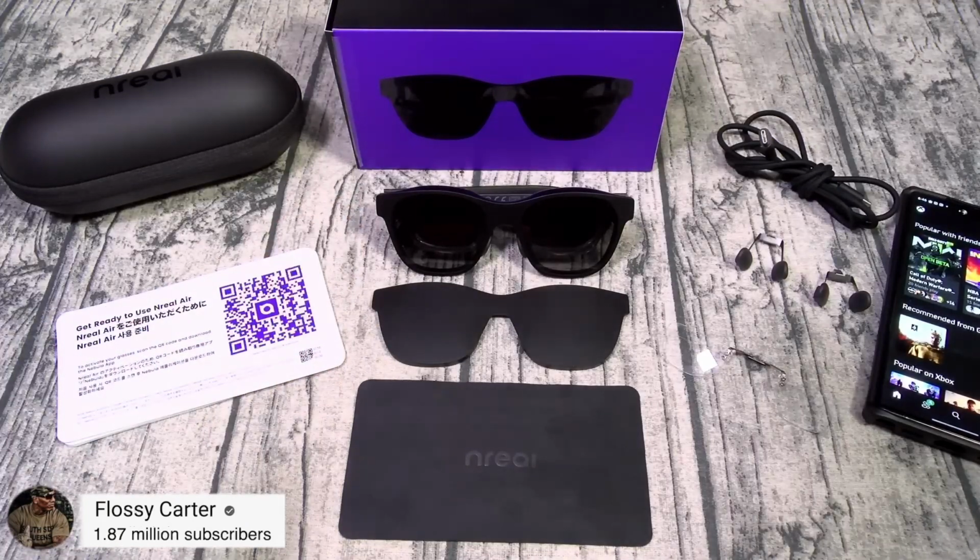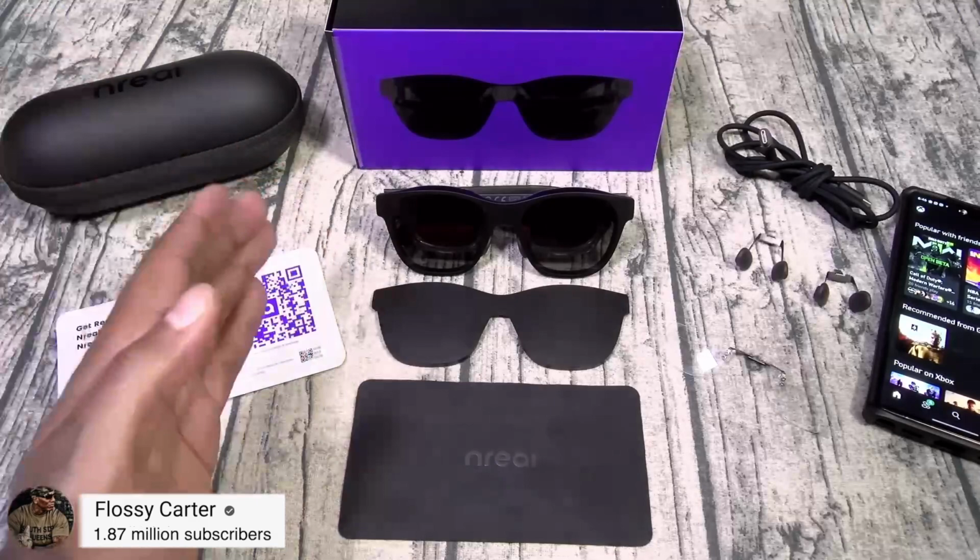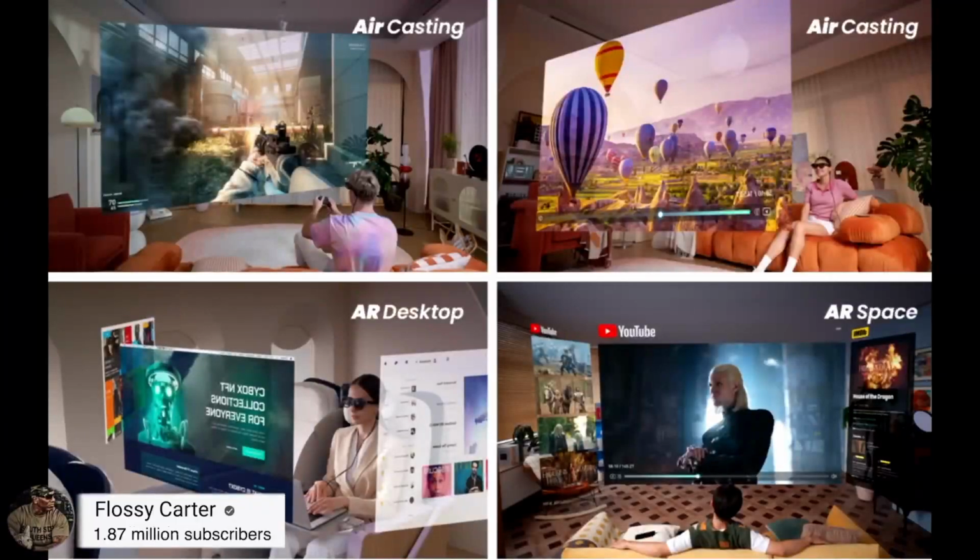You can wear them at work, you can wear them traveling, and you're not gonna look crazy. They look like a regular pair of glasses. And ladies and gentlemen, these just blew my mind. I'm giving the XREAL Airs a major